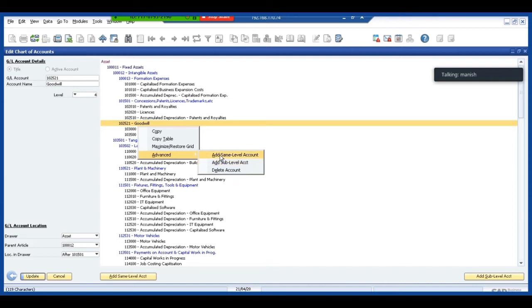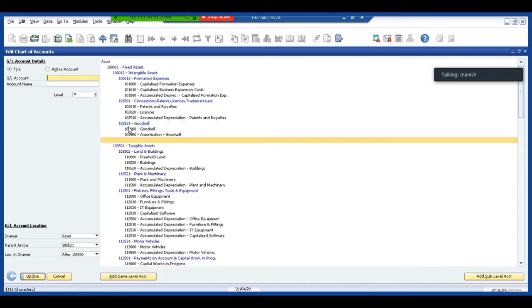If I wanted a child account, that is, a new account to be created under the goodwill account, I'll use a sub-level account. I'll just show you. Now this account, say for example, is 1035500. This account is under the goodwill account. I'll put it as test account.